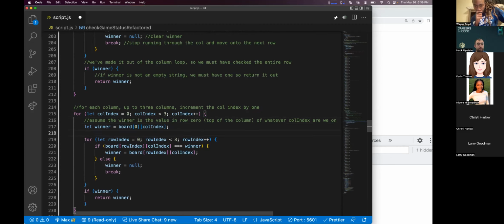So the first thing we assign up there. If that is the case, then we're giving winner the value of the current cell. If it doesn't, then we want to say winner is null, and we'll break out of that particular inside for loop. And since winner is null, it's not going to return, so it's going to go back up through the loop again.